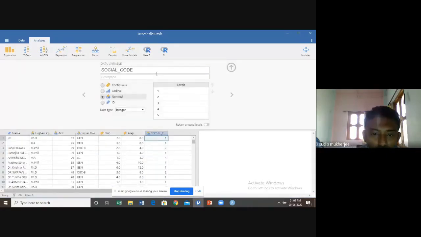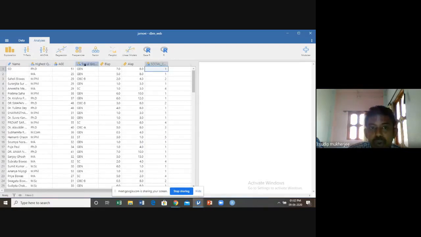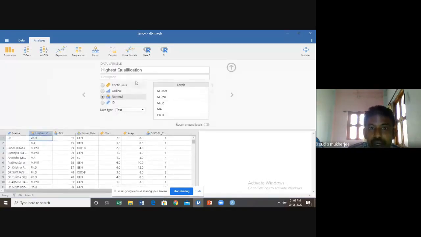And another variable I'm creating here is social code, which I create on the basis of the information given by you. So here you see two observations: one is social group and another is social code.